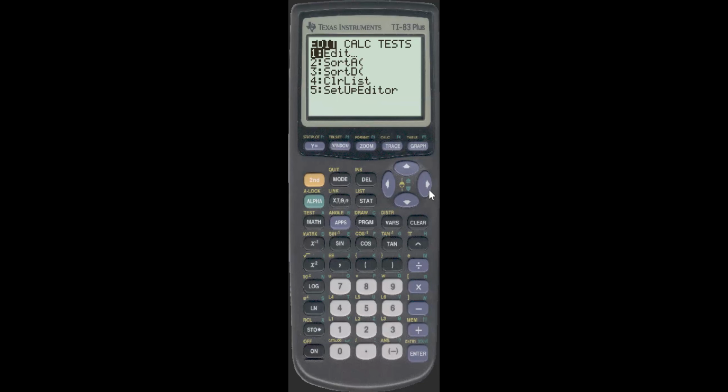I'm back there. You go over to calc. And then you choose this one, 1-Var Stats, one variable stats. And hit enter. Now, in yours, it might display something besides 1-Var Stats. What does yours display? Yeah, it just has 1-Var Stats. All right, you got an older model like this one here. You have to supply it the list. So to do that, you're going to hit the second button and then L1, which is above the 1. So it should look something like that. Yeah. And then you hit enter.